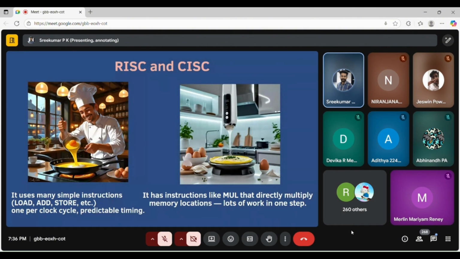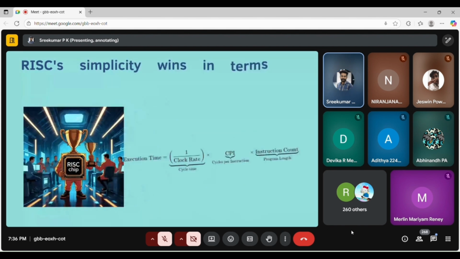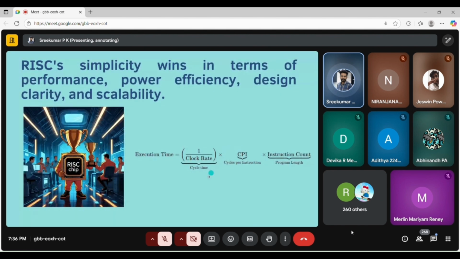preparing an omelette. Then here the equation you can see: 1 by clock rate into CPI into instruction count. So whenever the instruction count increases, cycles per instruction and clock rate depend cumulatively, which makes the execution time higher. When the instruction count increases, execution time increases.